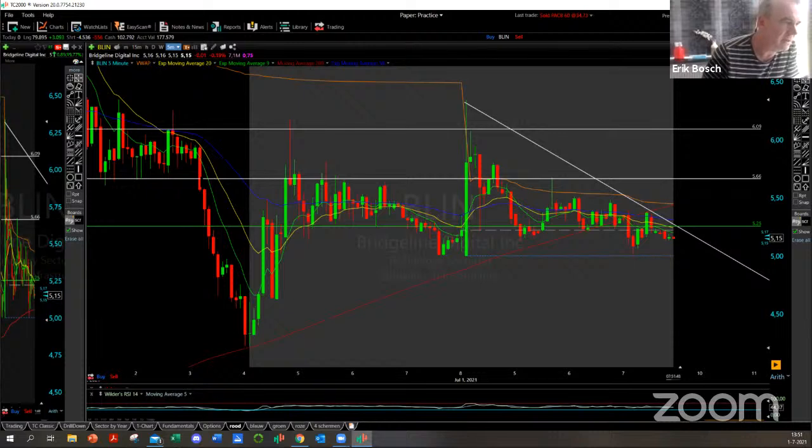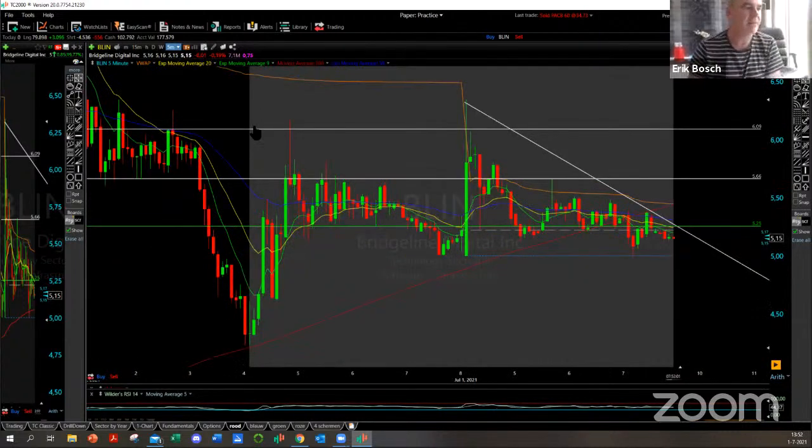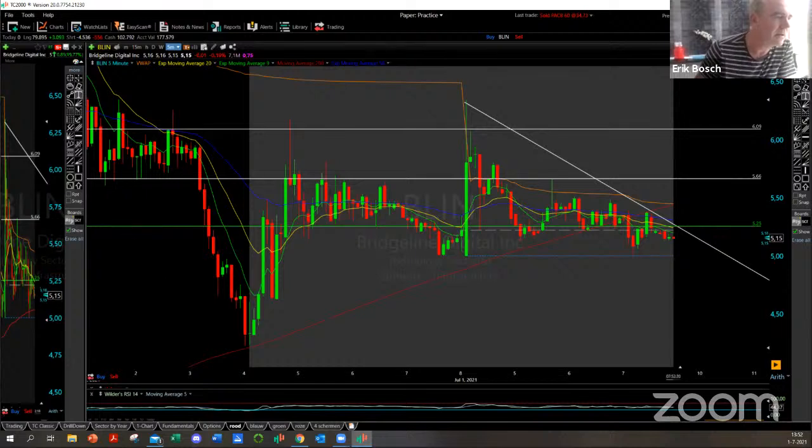You're not in here. This is high risk. Look at this. You went wrong here, you went wrong here, and you went wrong here, and you went wrong here. So that's 4 times wrong, because there's no confirmation. But if it falls through an intraday level like this, and then does that again with a lower high and a lower low, then I'm going to put it on. I will write it down here, because maybe then it's more clear. Entry here is the second candle